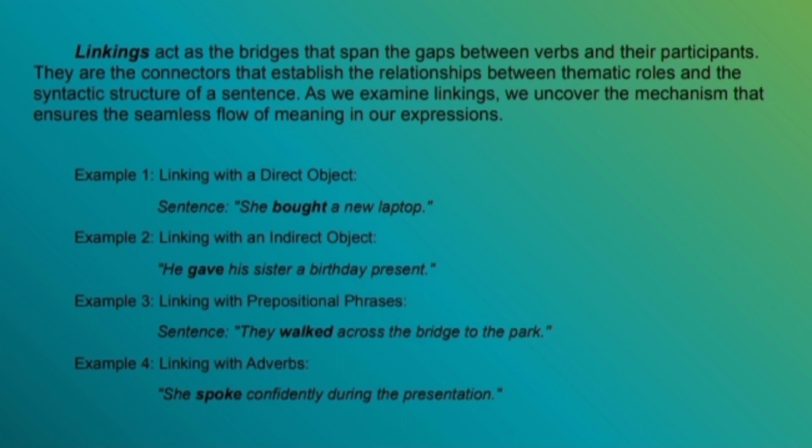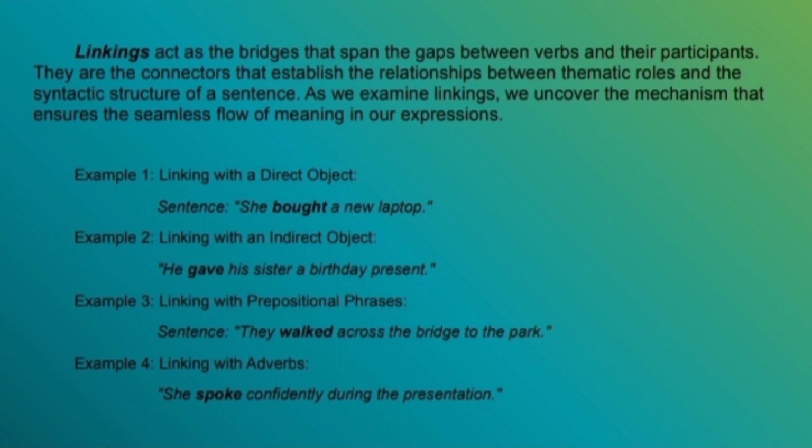So we have here the examples. The first example, linking with a direct object. The sentence is, she bought a new laptop. The linking in this sentence, the verb bought, links the subject she with the direct object a new laptop. The linking mechanism here is the action of purchasing, establishing a connection between the buyer, subject, and the purchased item,